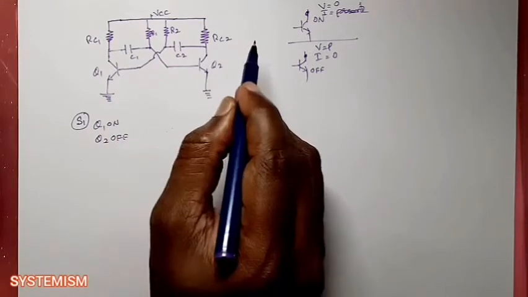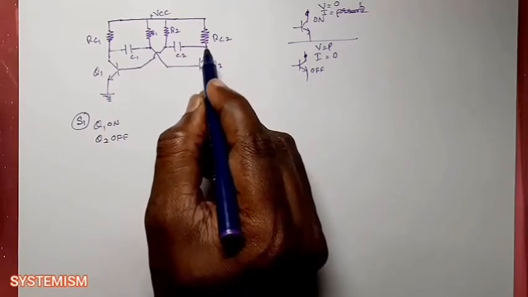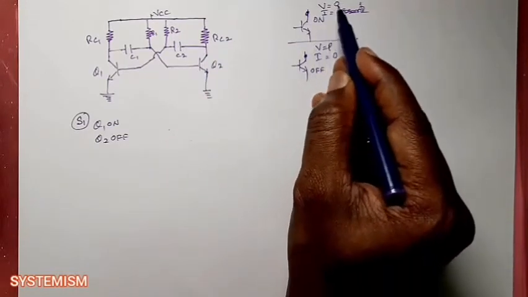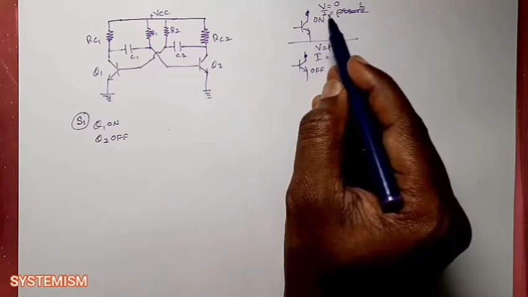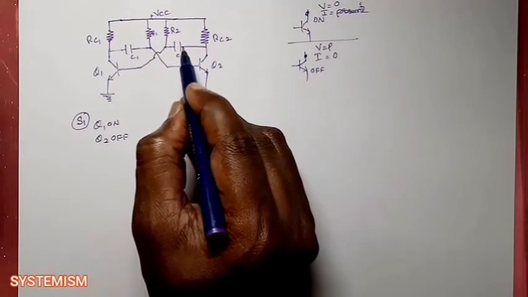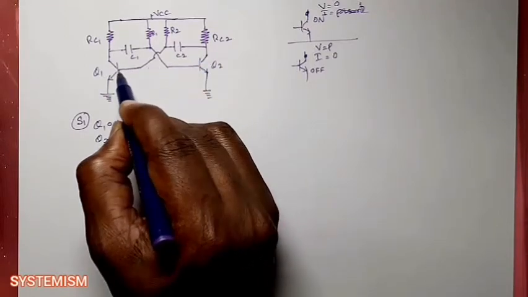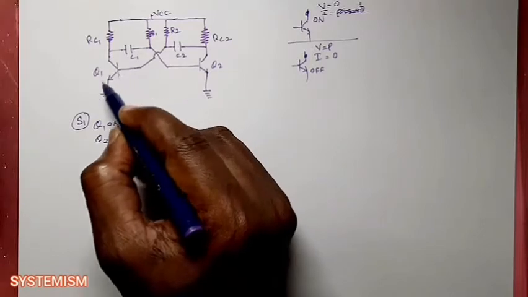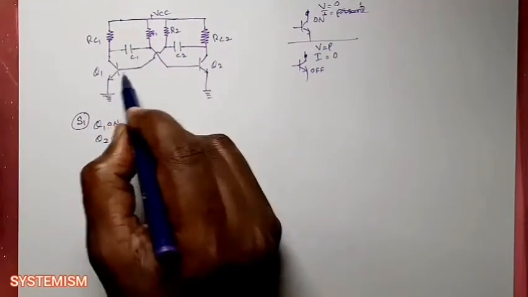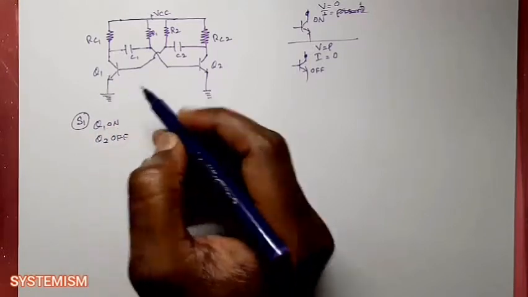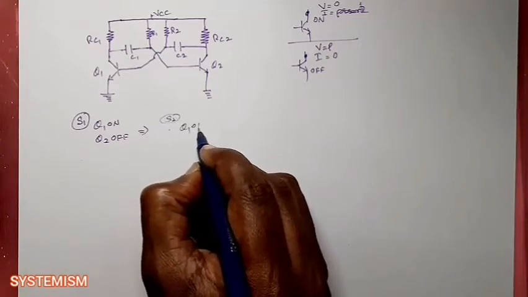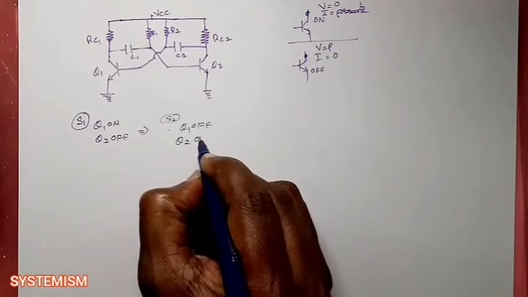So now this transistor is on, then what about the collector? Will it have voltage or current? This transistor is on means voltage is 0. So no voltage is present at its collector. So now 0 voltage is supplied to the base of your transistor Q1. So this transistor will turn off. Okay, now this transistor is on and this transistor is off. So it is transferred to state 2. Now Q1 off and Q2 on.